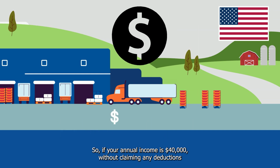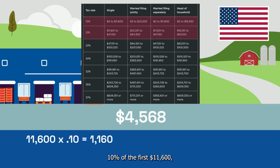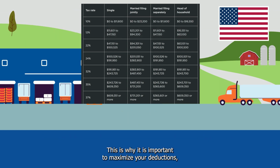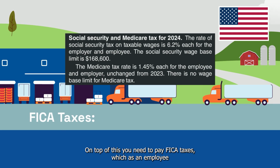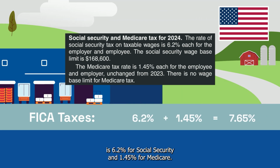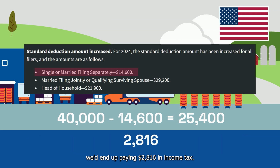So, if your annual income is $40,000, without claiming any deductions on your tax return, you will pay $4,568 of income tax alone, 10% of the first $11,600, and 12% of the remaining $28,400. This is why it is important to maximize your deductions, so you don't have income being taxed at higher brackets. On top of this, you need to pay FICA taxes, which as an employee is 6.2% for Social Security and 1.45% for Medicare. If we do take the standard deduction as a single filer of $14,600, we'd end up paying